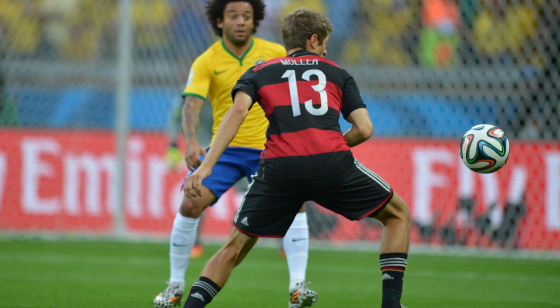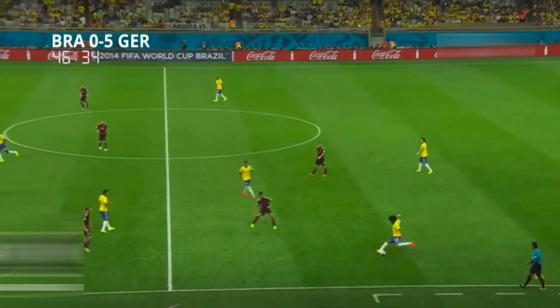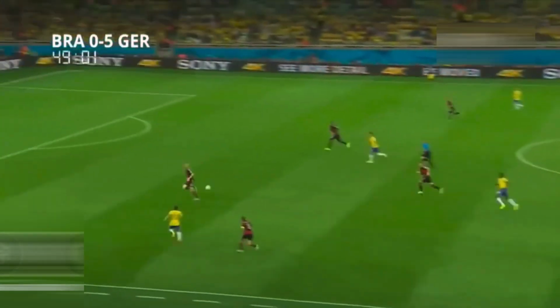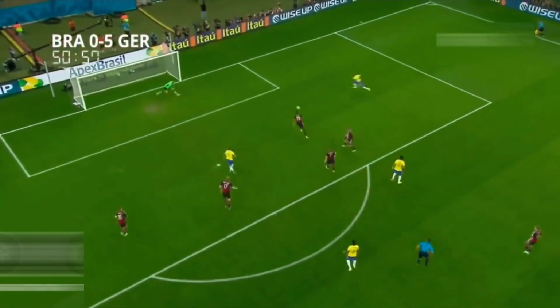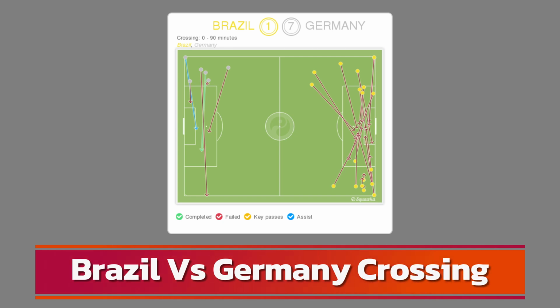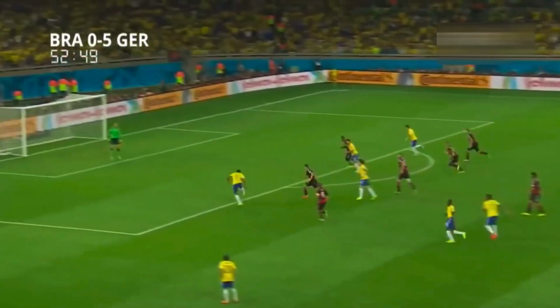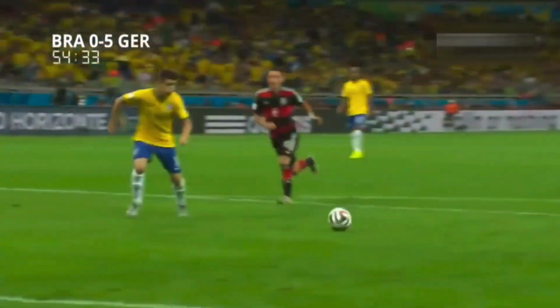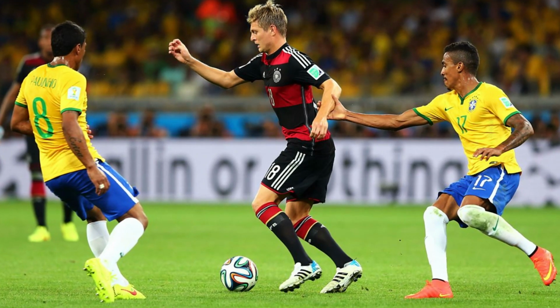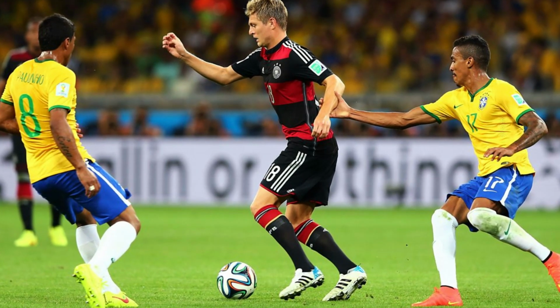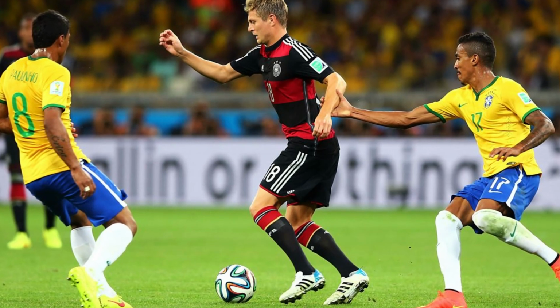Nevertheless, Brazil continued to struggle in building their attacks, often relying on ineffective long passes. Furthermore, whenever Brazil's attacks reached Germany's defense via the flanks, their crosses were relatively easy to clear. Brazil clearly aimed to overcome their deficit by launching an all-out attack, but their opportunities continued to be thwarted by the impressive Neuer. Meanwhile, Germany attempted to slow down the tempo and maintain possession. This forced Brazil to commit several fouls in an effort to quickly gain possession of the ball.